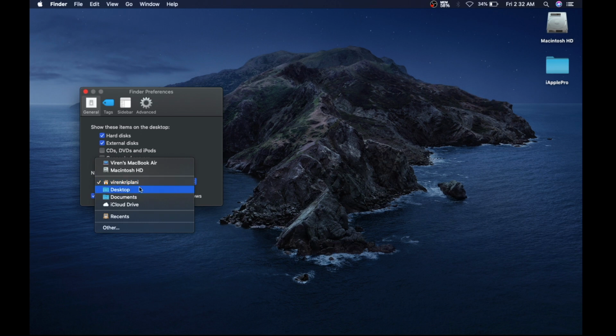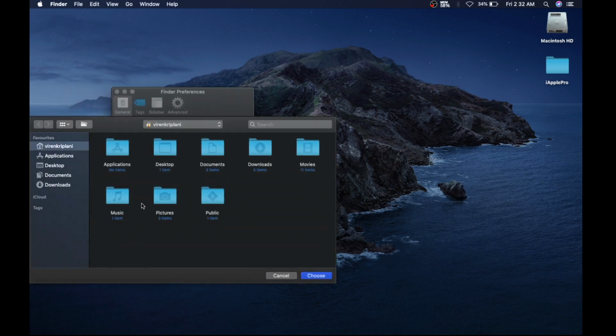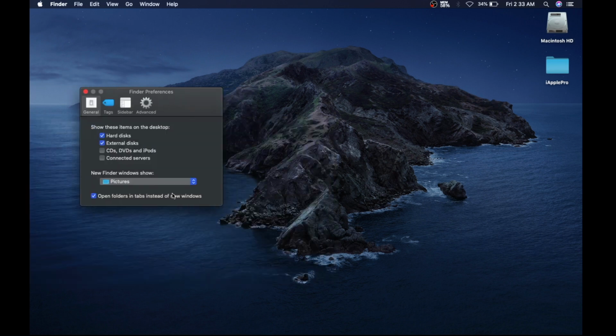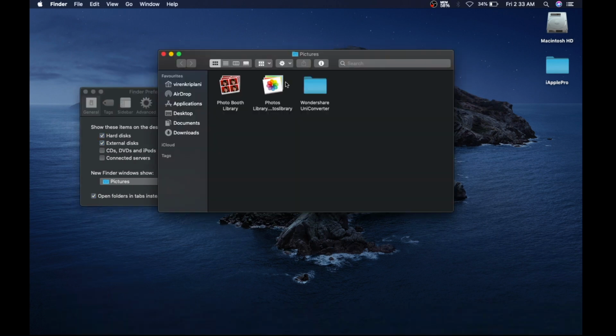It means what you want to see when you open Finder. You can select from this or you can select from other. Like if you want to open pictures folder when you open Finder, then select pictures and choose. Now when you open Finder, it will directly open your pictures folder.